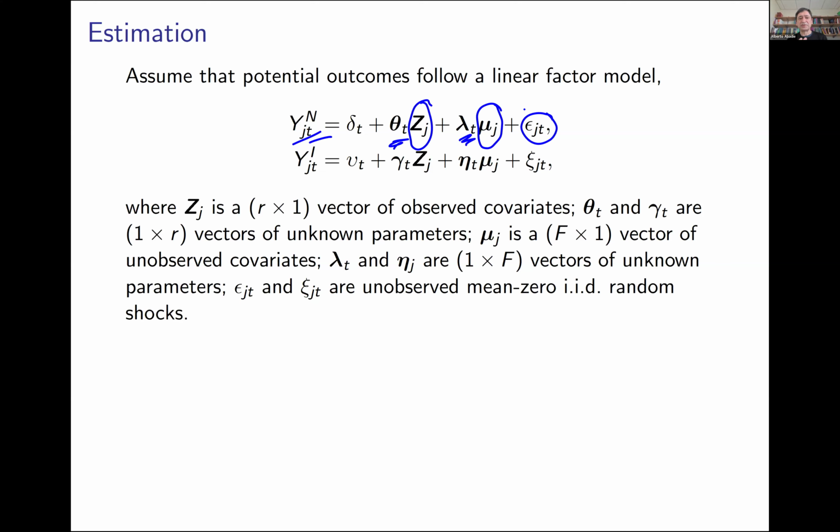And if you go to papers that look at synthetic controls in an observational study, you will see a model like this. You will not see the second one. The second one is for the potential outcome with treatment. The thing is that in observational studies, we are already given the treated unit, so we don't need to say anything about the potential outcome with the treatment. But here we are going to choose both the treated unit and the control units. Okay.